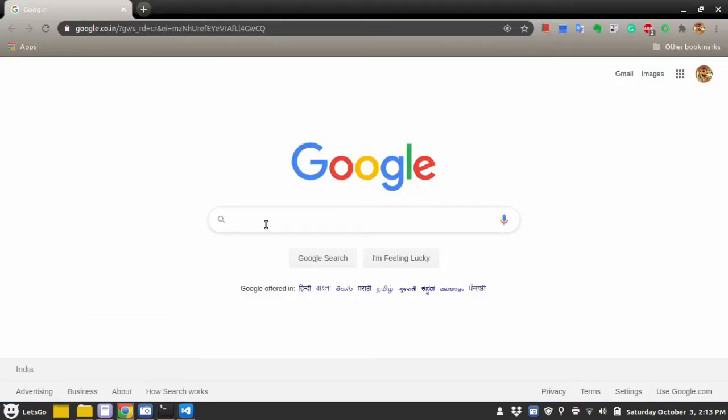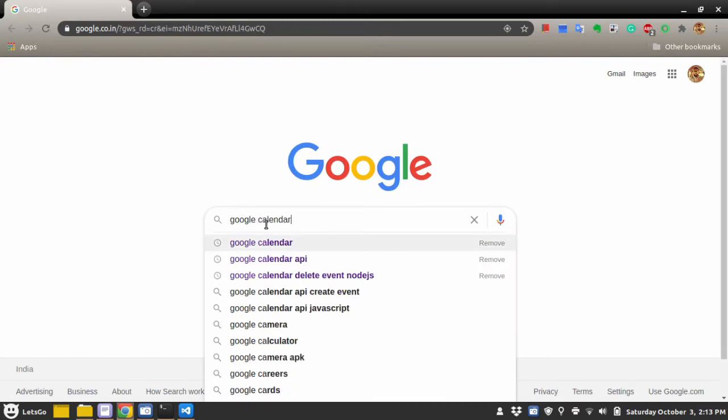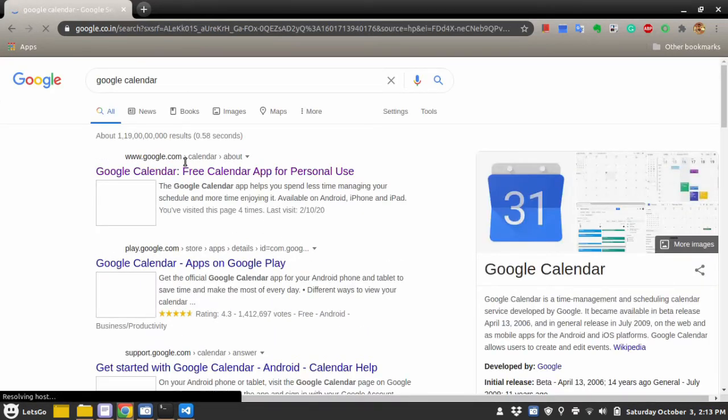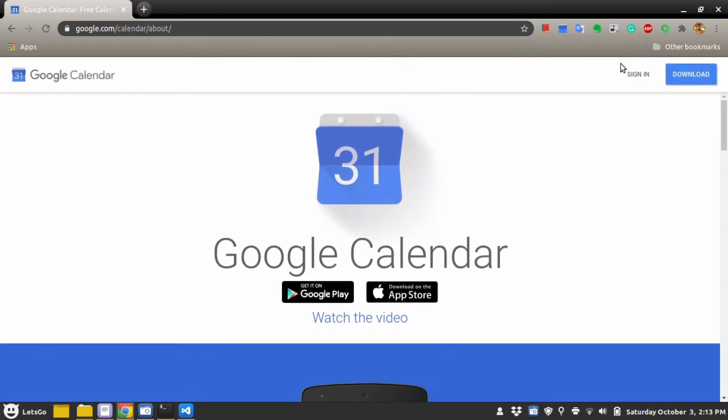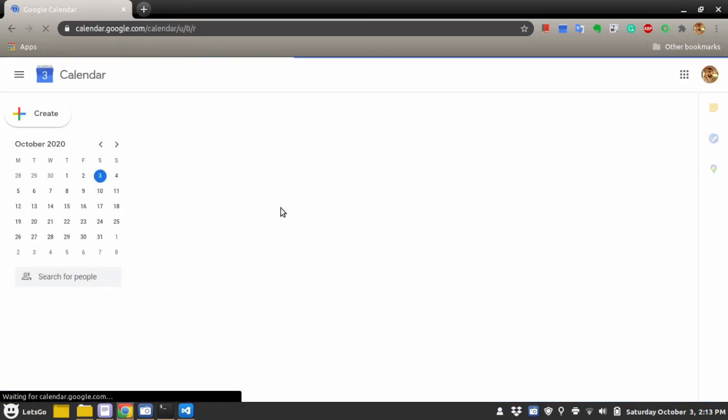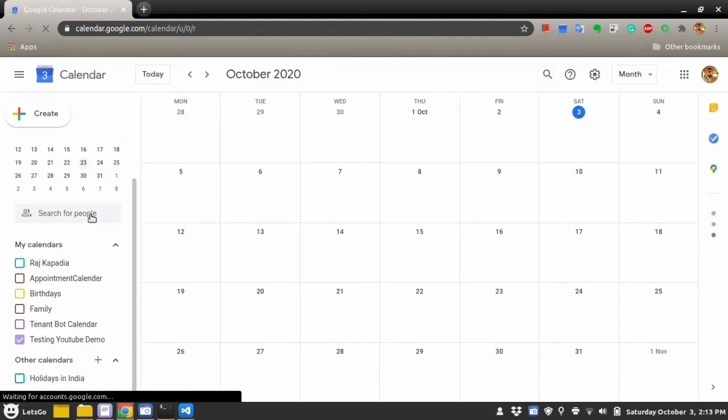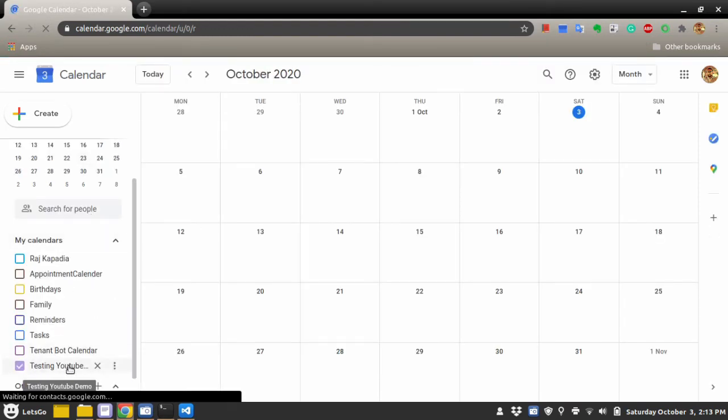You need to go to Google Calendar. Select the newly created Google Calendar.